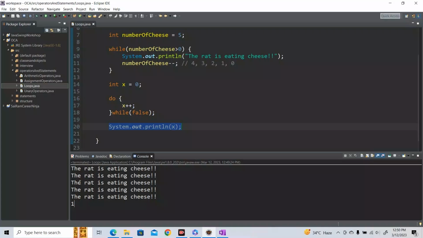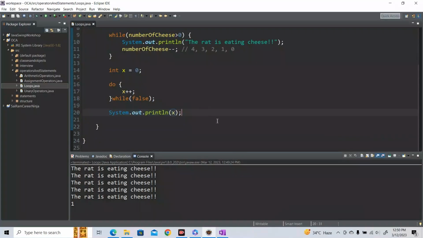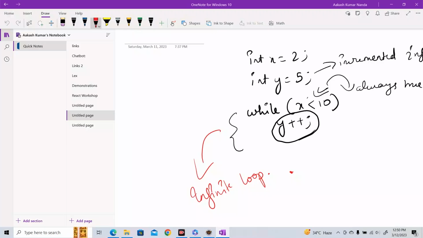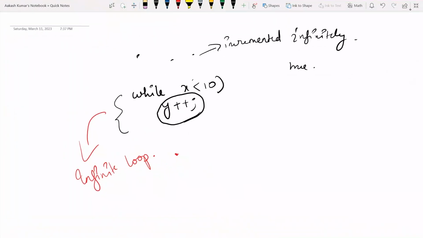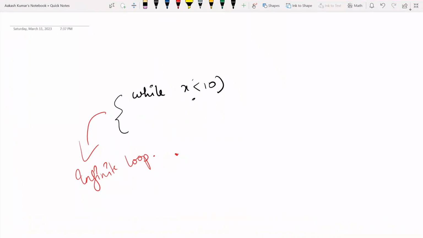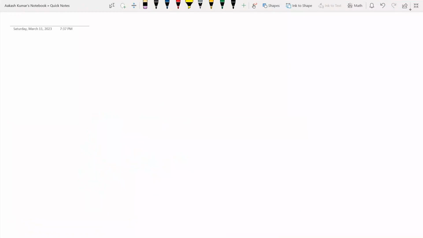Now let us see an example, and it will make things a little bit clearer. Let us see the while loop and do while loop side by side, so that you will get a clear picture of what is happening. Okay, so I am going to use this kind of blackboard to write the code. So let us write the while loop on the left side and the do while loop on the right side. So here let us write the while loop. So while